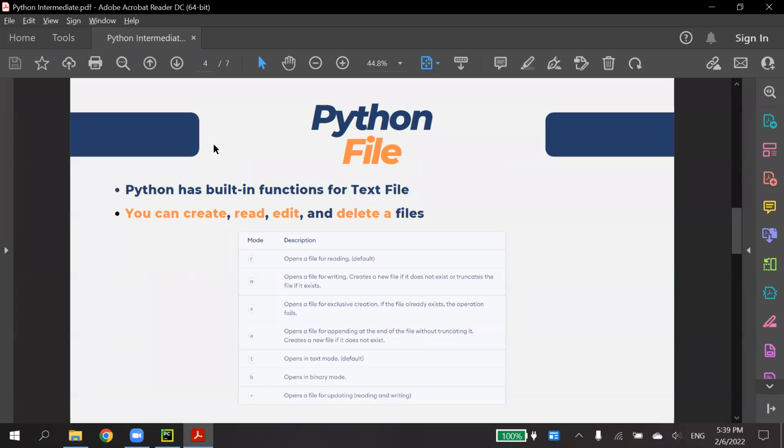So I think that's all for file. There are some more modes to use. Maybe you can append to a file. You can open in binary mode. If you want to read and write together, maybe you can use R+. R+ can allow you to read the file and also append to a file. Read and write, you can use R+.